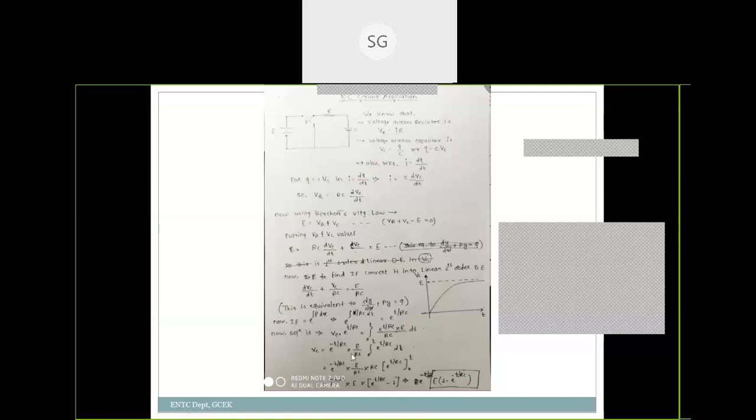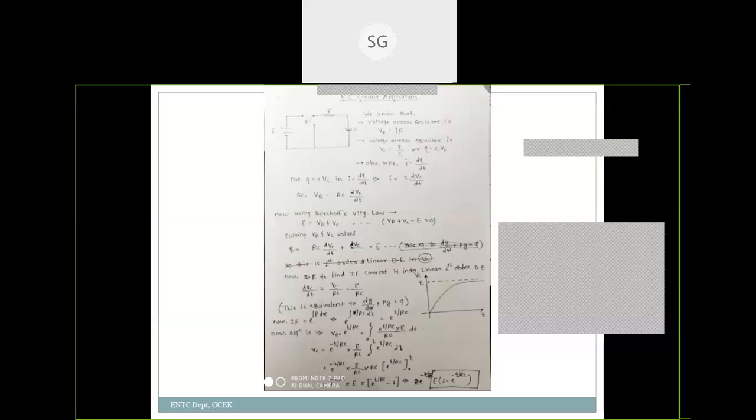After integrating, whatever constant value is there apart from the variable t will be divided, so 1 upon RC will be divided, and then it will come as RC. So RC will get cancelled, and e raised to t by RC from 0 to t will remain as it is. Then e raised to minus t by RC into e raised to t by RC minus 1. Why has this one come? Because e raised to minus t by RC into e raised to t by RC, that is e raised to 0, is always 1. That's why 1 is there.